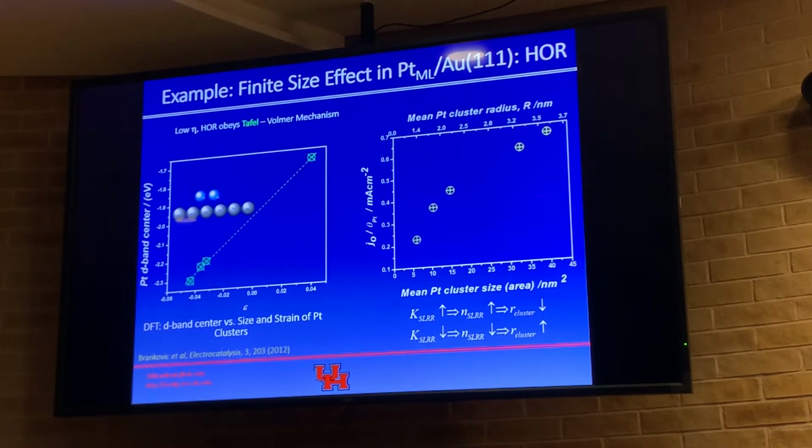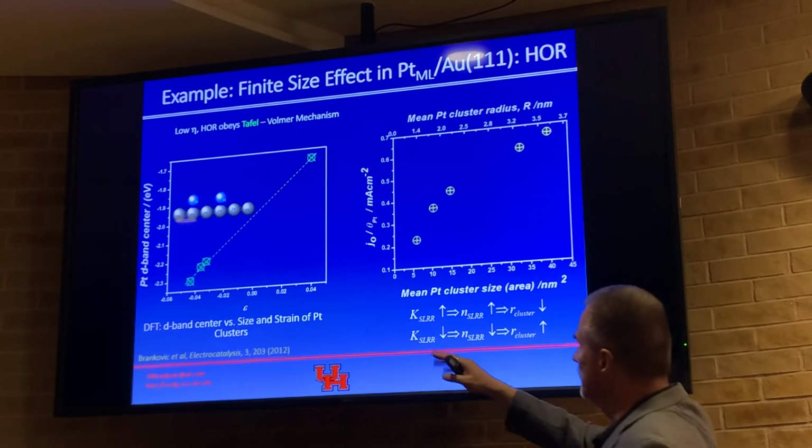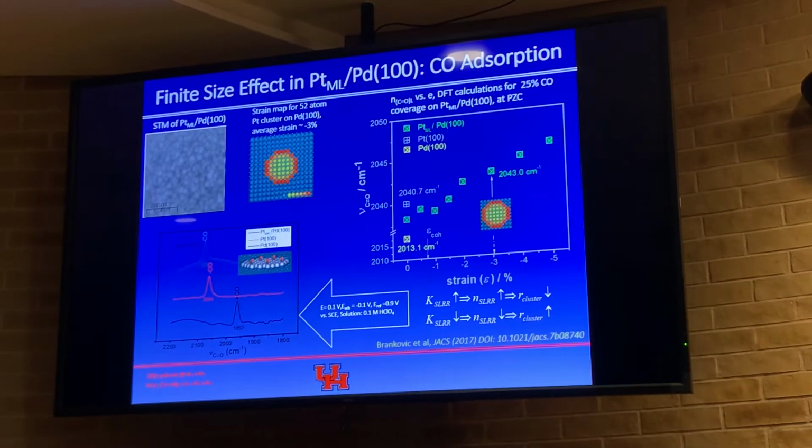And here, if we look at this hydrogen oxidation reaction, you can see that the D-band of the platinum scales nicely linearly with the strain. And the same thing we see experimentally. Okay. The second example of this whole business, why the size of the cluster is important, is shown here, where we have